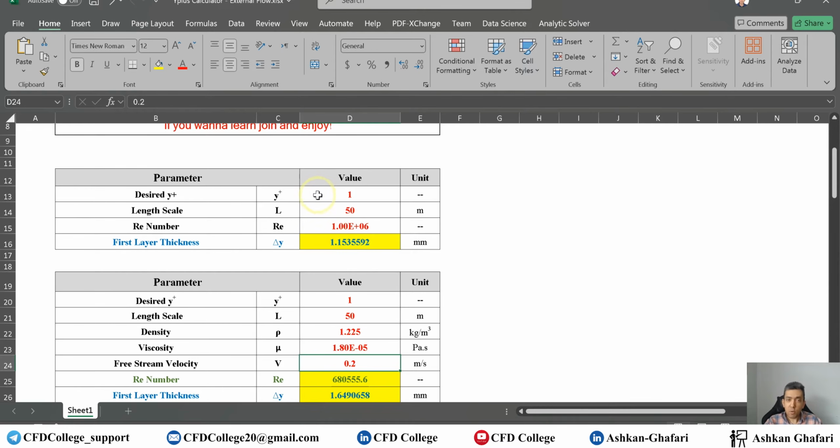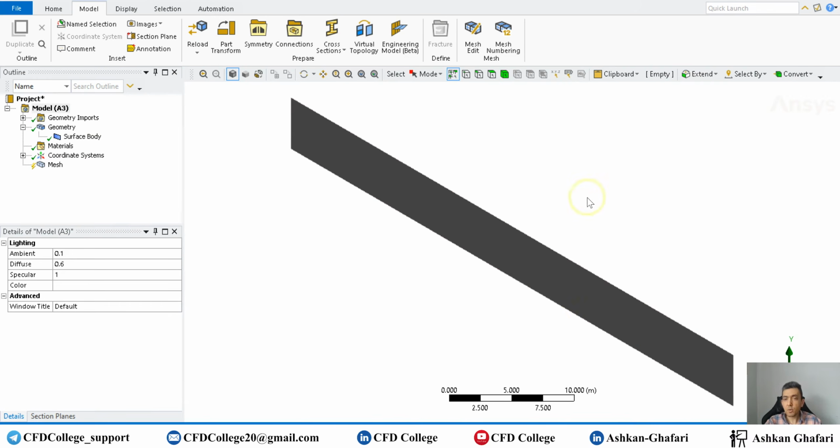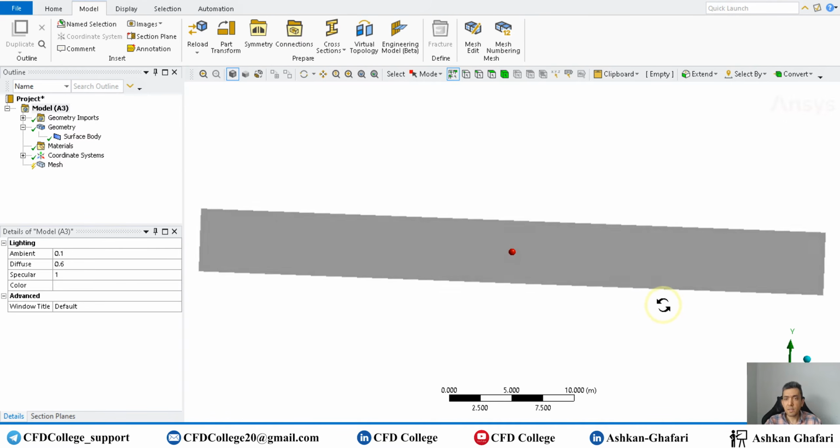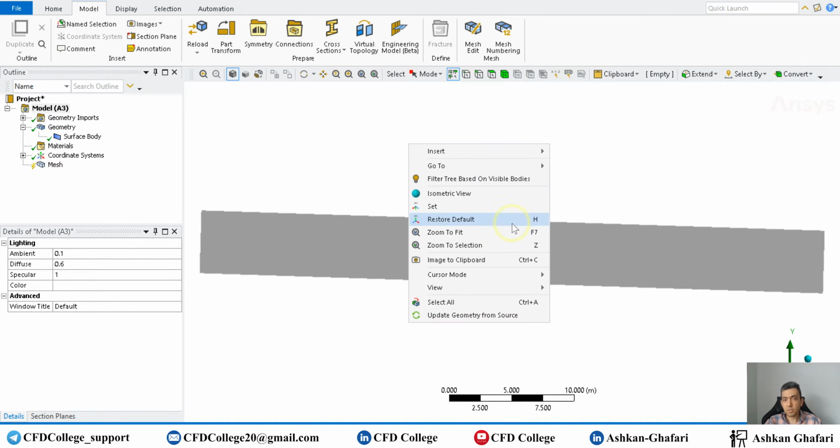And if I want y plus to be below 1, I need a grid with the first layer thickness of 1.15 millimeters. So if I want to generate that kind of grid, first, as I mentioned, we will go with unstructured grid. We need to use